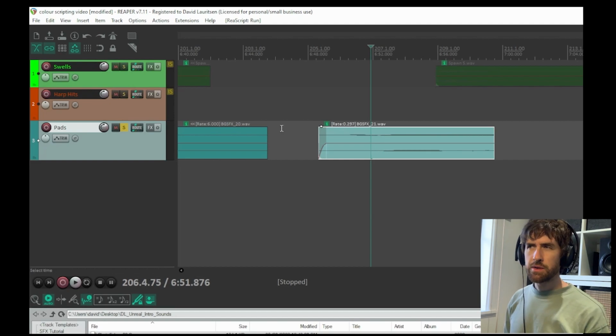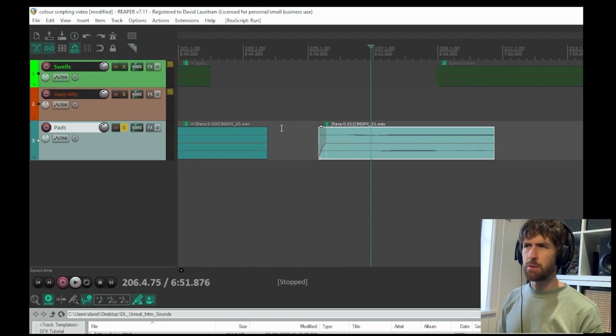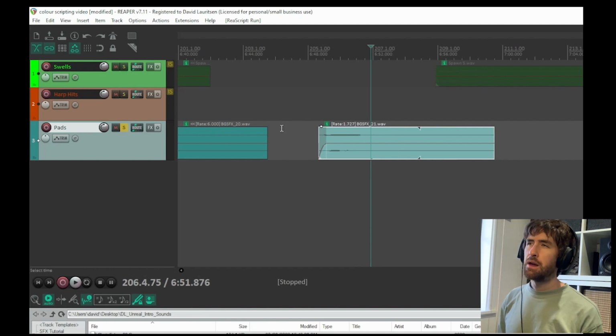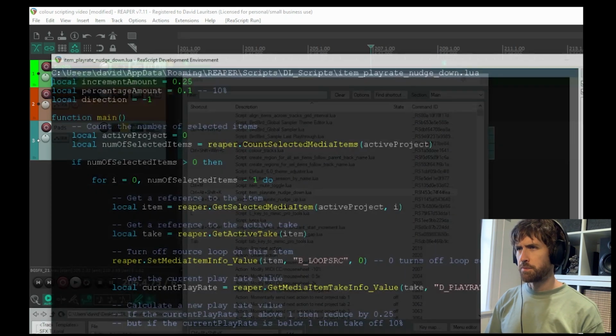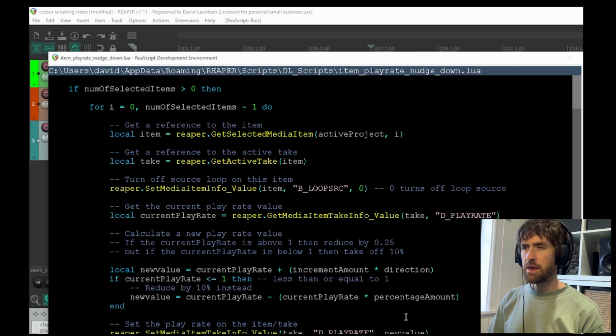You could set it so that the up increment also has the same behavior. It adds 10%. For my scripts, that's probably not what I want to happen though. If I'm going really slow, I'd like to quickly claw my way out of it by doing that. But yeah, that'd be pretty straightforward to implement, right? Well, essentially it would be exactly, just copy and paste this whole script, change direction to +1, and then,